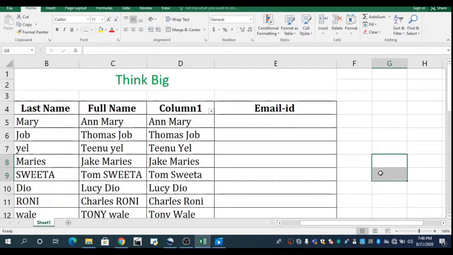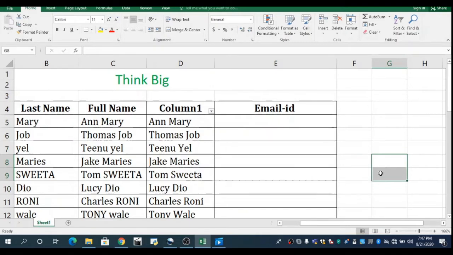Now, we can see a column E as email ID. We have to produce the official email ID for all the names. Here we have only 12 or 13 names, but if you are working with a business, there can be 100 or thousands of names where we have to provide an official email ID.